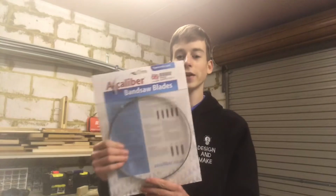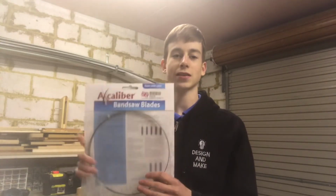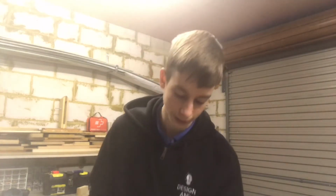So I have upgraded it to a really good quality bandsaw blade. This is made by Excalibur, who, if you don't know, are one of Axminster's brands. They're a fantastic brand that make really, really sharp blades. So I bought this bandsaw blade. It's a 1/4 inch 6 TPI bandsaw blade, and this is going to be fitted onto the bandsaw once I get around to repairing a couple of parts